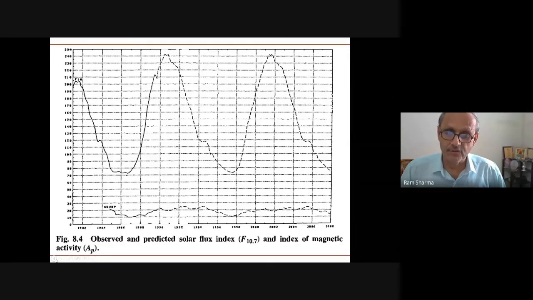And this AP value, the geomagnetic index, these values normally remain average, but there are sometimes geomagnetic storms. Then this value can go even up to 90, 100, and even sometimes more. But here it is average values only in this graph. And you can see this solar cycle has 11 years. From one minimum to the other we take 11 years. But sometimes that may change. 11 is an approximate value.